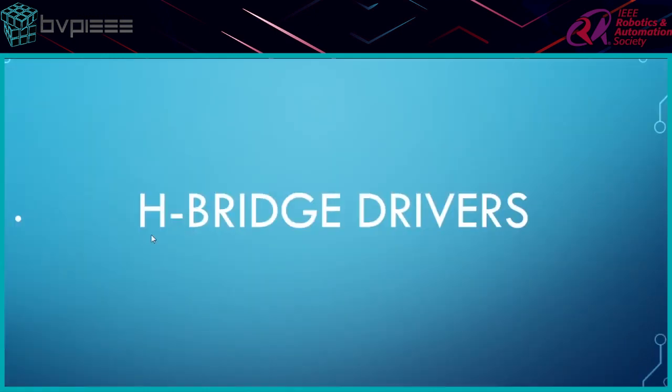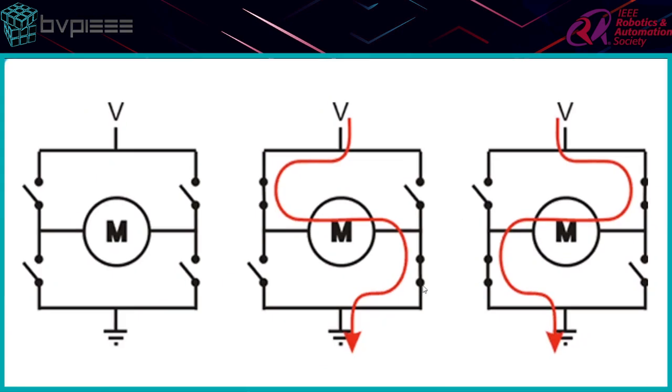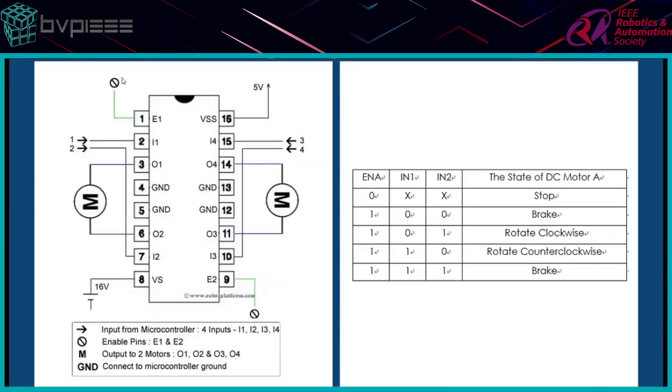Motor drivers are also known as H-bridge based driver ICs. If we close these two switches and keep these two switches open, then your motor will rotate clockwise, and doing vice versa, your motor will rotate anti-clockwise. So this is a normal H-bridge driver IC, and the enable pin is also our master control, because when EN1, that is enable 1, is in high state, then whatever input you give to IN1 and IN2, according to that your motor will rotate clockwise, counterclockwise, or will be stopped.